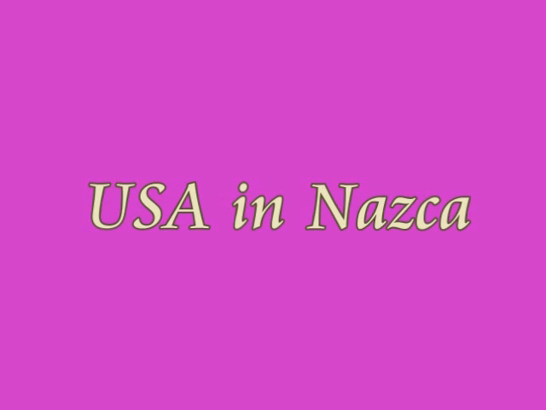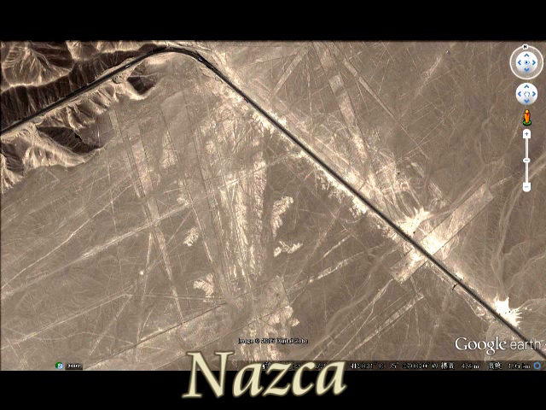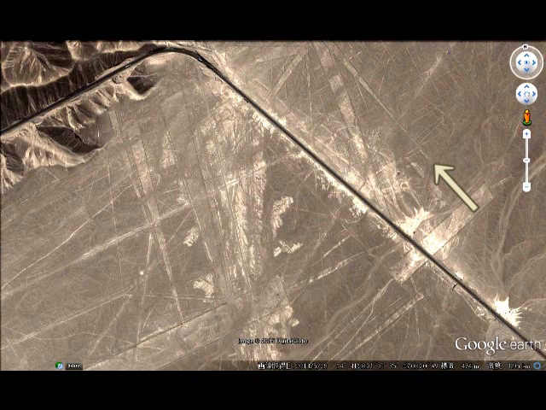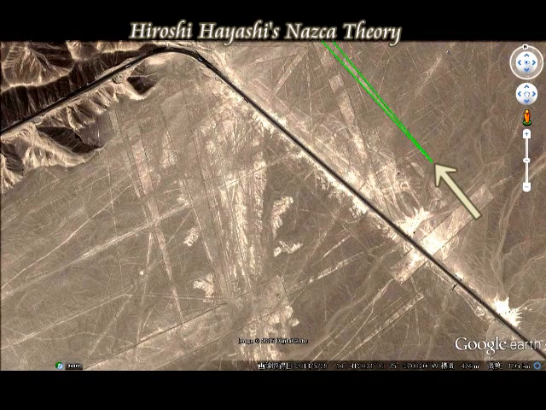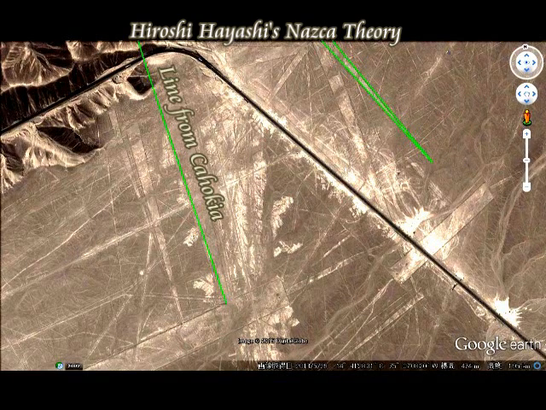And I'll show you here how they are. USA in Nazca. This is Nazca, and have a look at this runway. You can see a green line here. This is a line from Blythe Intaglios, and on the same line, and on the other side of the runway, you see the line from Valley of Fire, and here you see the line from Cahokia Mound, and you see here a line from